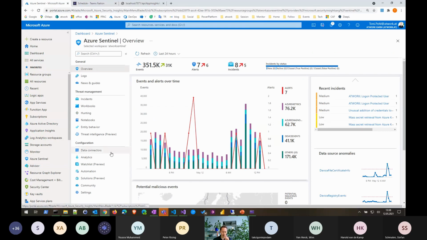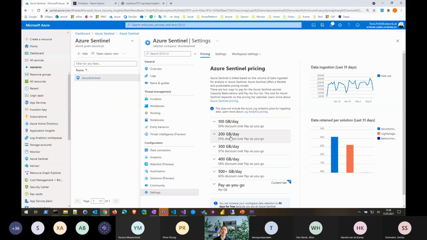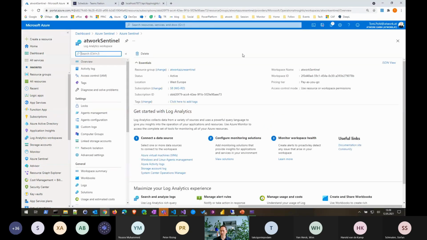Just to mention one more thing here. How long is the data stored in Azure Sentinel? You can configure that, and also this depends on the size of the data that's sent to that Azure Sentinel workspace here. So if I go to the settings, you can see these are the prices for using Azure Sentinel. It also has machine learning to see, okay, this rule has been fired multiple times. Is it important, not important? So there are a lot of things you can configure here, but to come to my point here is the workspace settings